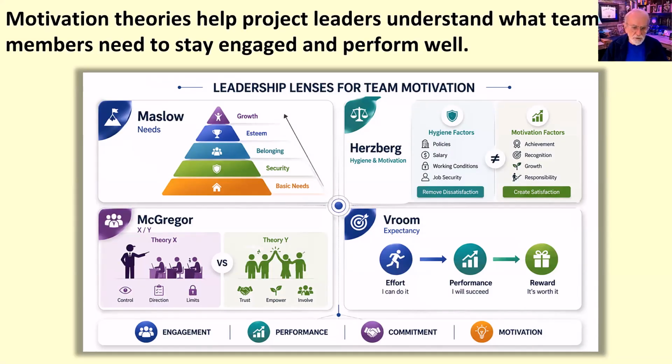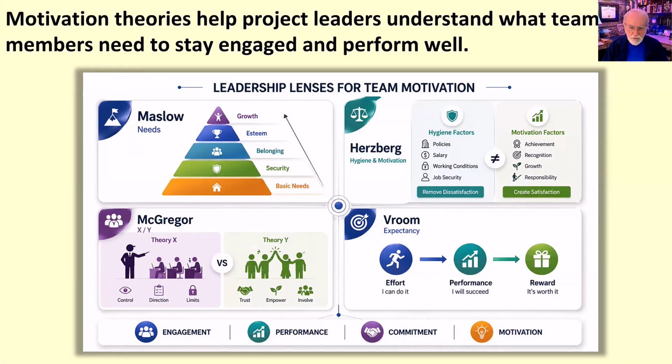Then there's Vroom's expectancy theory that adds a sort of practical performance connection here. In Vroom's, people are motivated when they believe their effort can lead to successful performance, and that successful performance will lead to outcomes that they value. And if that path between effort, performance, and reward feels unclear or unfair, then motivation will drop. And so this can all kind of be overlaid onto both Herzberg and Maslow's,